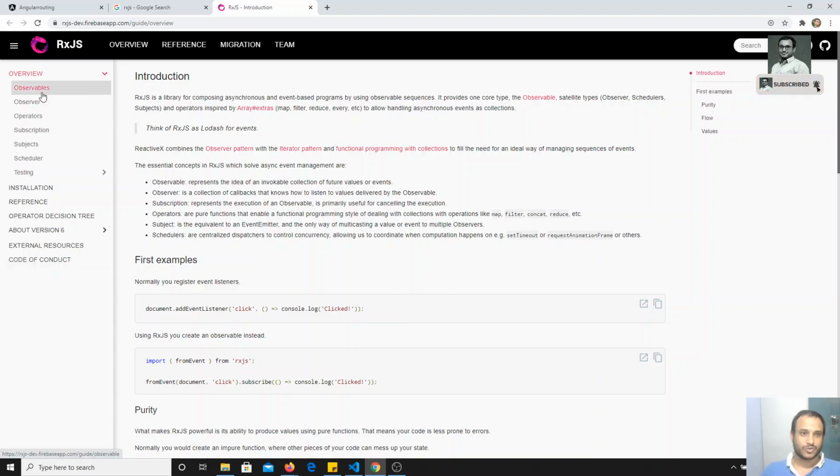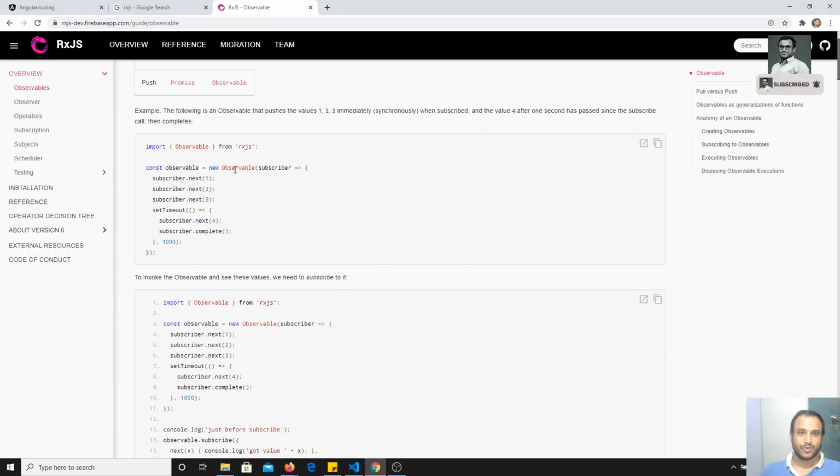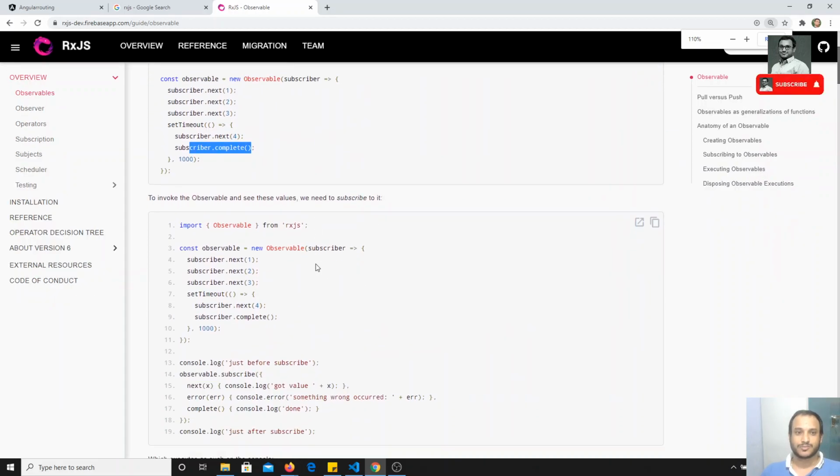Now, here we have seen the observables. For a new observable, this will be a little bit different. We have written something like Observable.create, where the subscriber is nothing but the observer, and here with .next we are sending the data 1, 2, 3. And observable.complete, as we have already seen, means that the observable is completed.